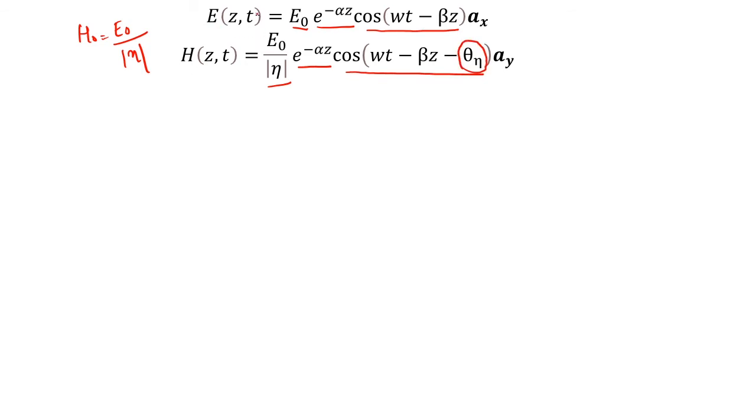So you assume E as a function of t. Based on that, you write the equation for H as a function of t. And this is in the x direction, this is in the y direction. So this much is clear. For the magnitude, you divide E naught by eta. Then to find the phase, E and H will be out of phase, or H lags E by an angle theta eta. So you wrote it like this and got the general equations.